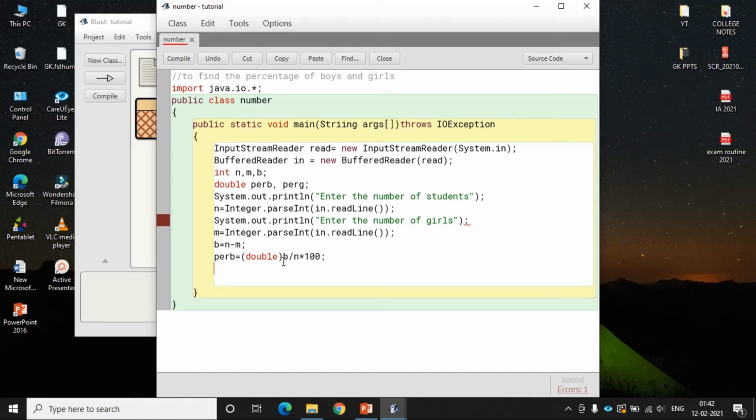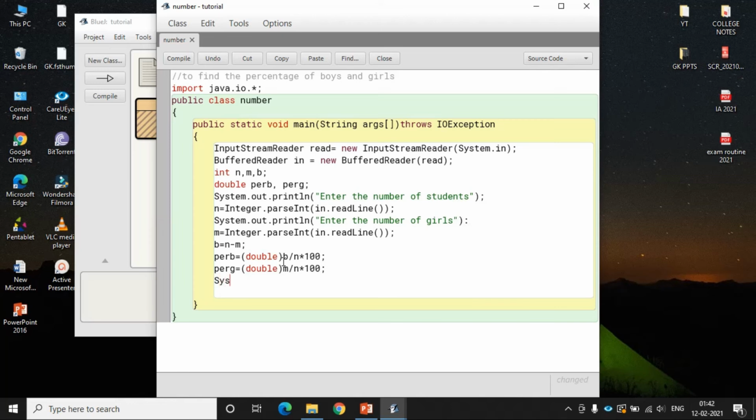And the percentage of girls will be PERG equal to (double) m by n into 100. Now just display the percentage of boys and girls.